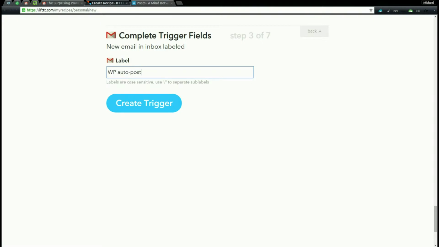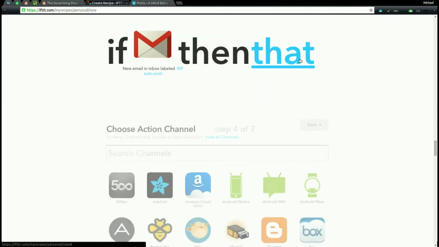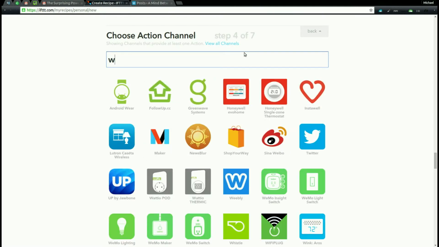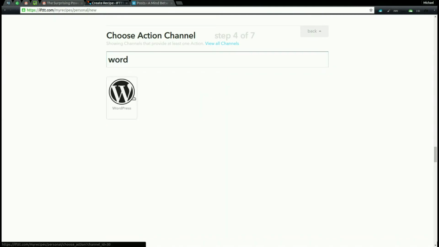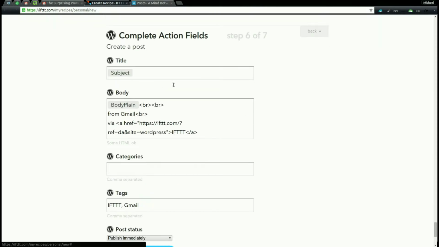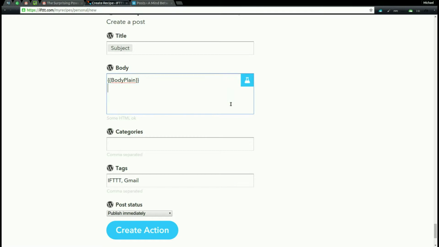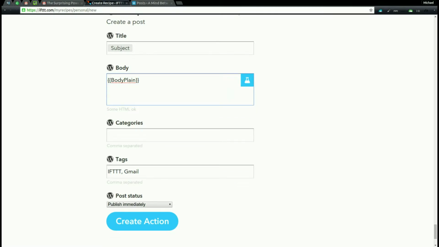We must choose an action channel, the that part of If This Then That. For this recipe, WordPress will be the action channel, and our action will be create a post. Here we type the template for converting email content into WordPress post content. I think using the email subject for the post title and then the body of the email for the post